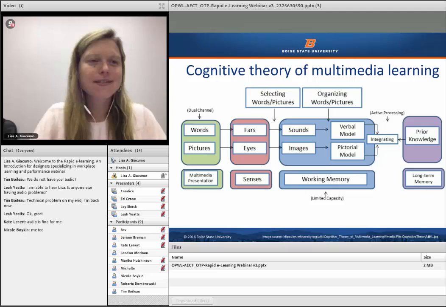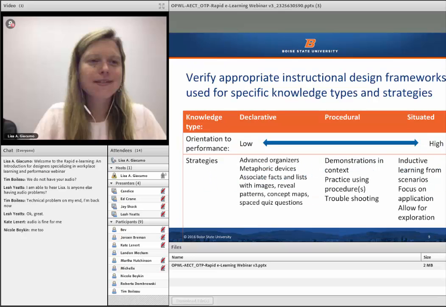You may have heard of these ways to reduce cognitive load referred to as principles of multimedia learning. We draw heavily on these instructional design principles for learning from multimedia products to inform our REL design practices. In the Rapid e-learning course, we also focus on the application of evidence-based instructional design frameworks, which can be used with REL tools in a REL approach to support efficient, effective, and appealing products.